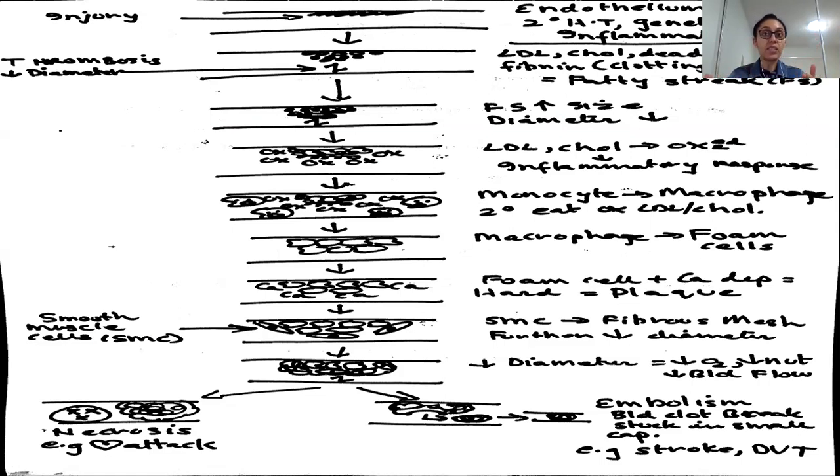And if it happens, say in your feet, that is when you have deep vein thrombosis. So depending upon which area of your body this blood clot is happening, the outcome will be different, and we'll be looking at the different outcomes in one of these slides. So hopefully, guys, this gives you a good idea. This diagram in itself looks overwhelming, but I have taken you slowly and surely throughout the entire process, so you know what it means.